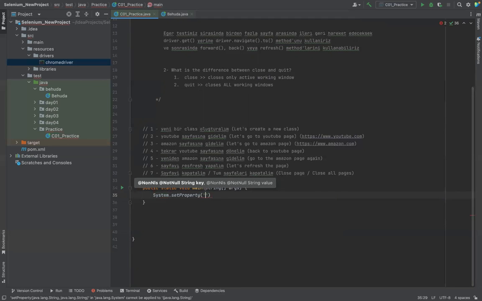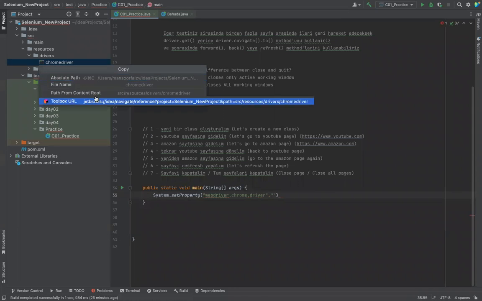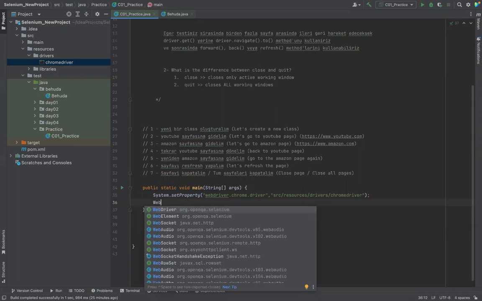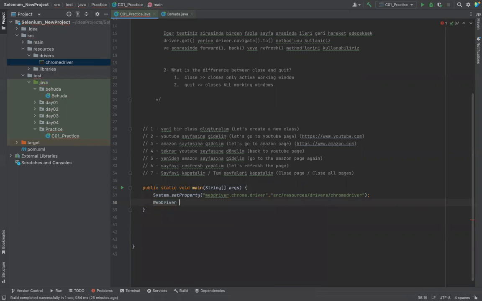I have to write this information here, chrome.driver. I have to copy this path and paste it in here, semicolon at the end, and I have to open a class with driver, and I'm putting a name for my object is equal to new